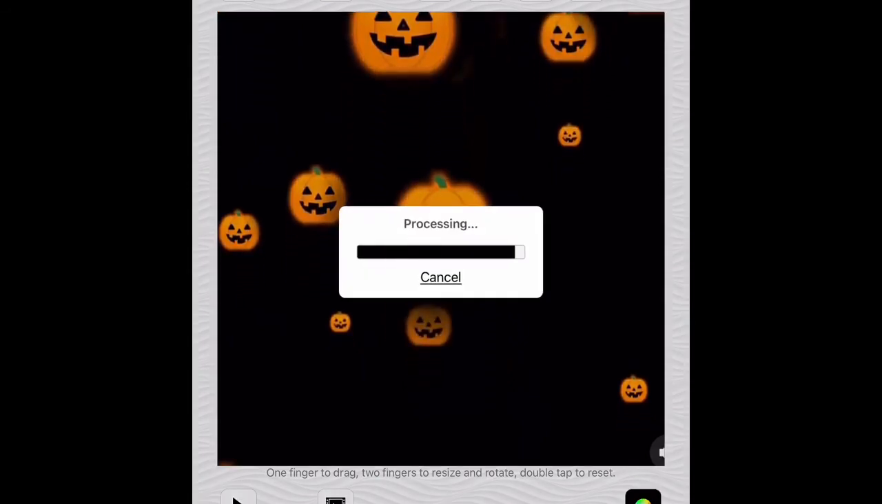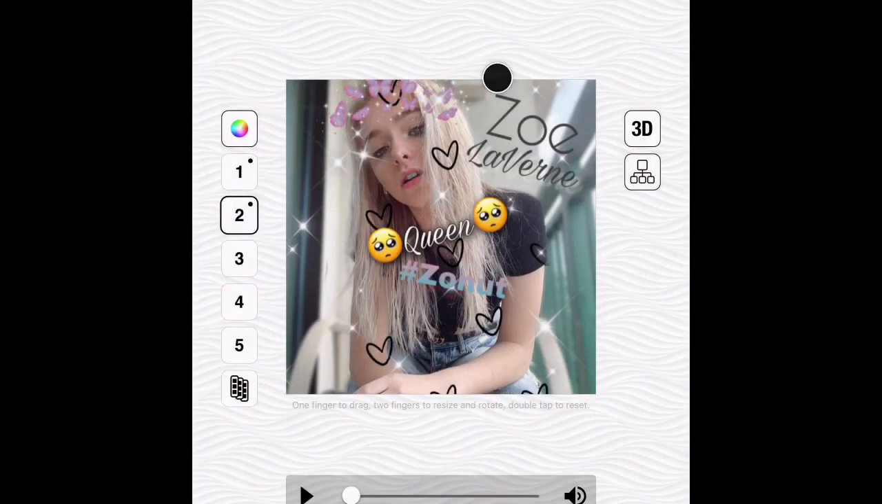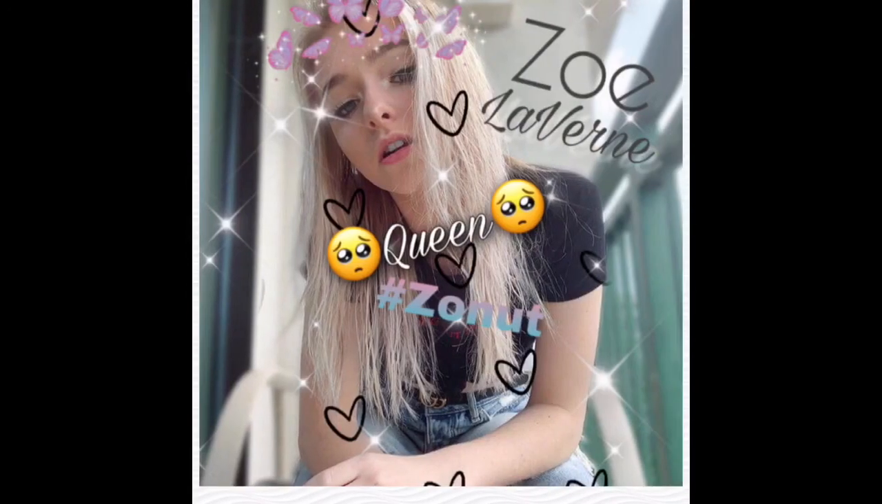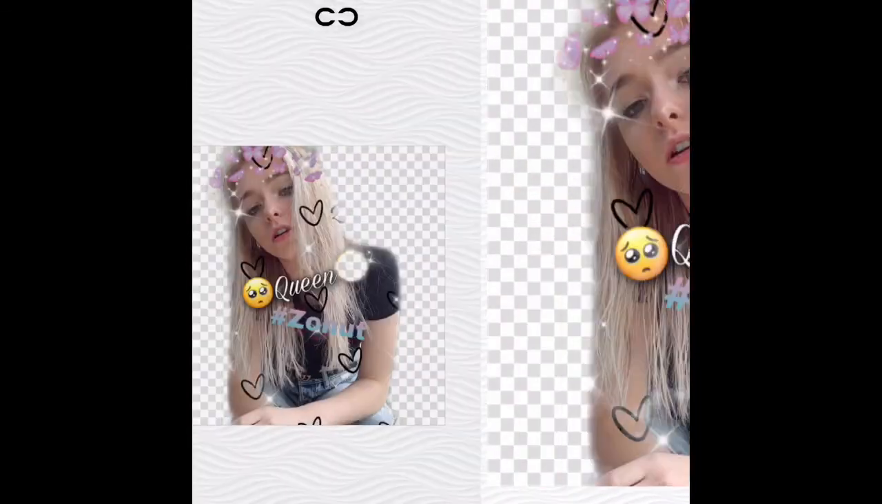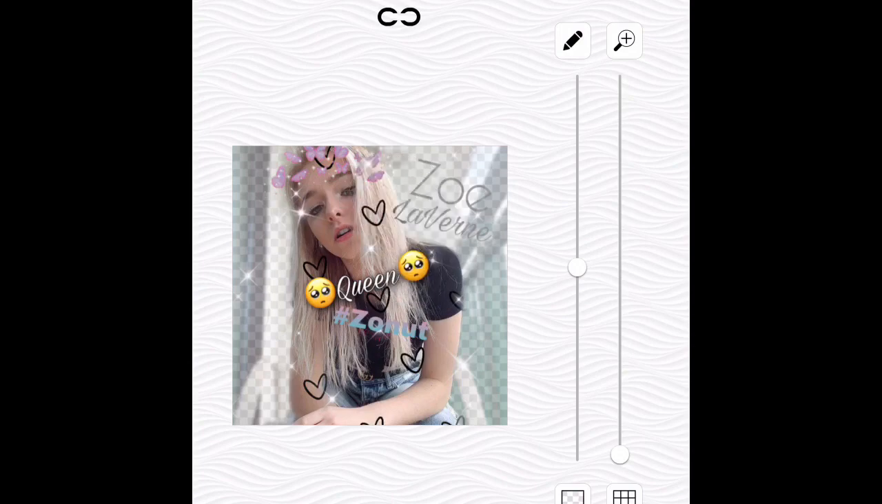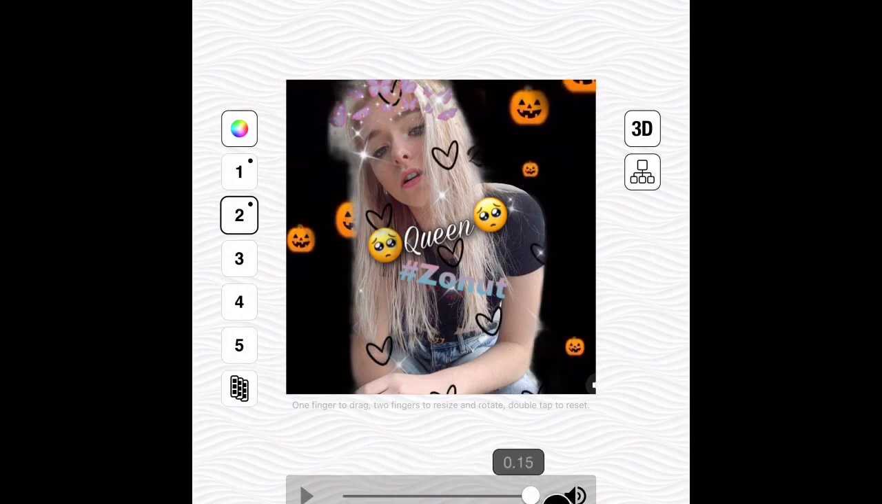So this is how I do my overlays. For my first layer, I like to do my overlay. For my second layer, I like to do the picture. And then I add my mask. So basically this is how I do my overlays, and especially when it's Halloween time,